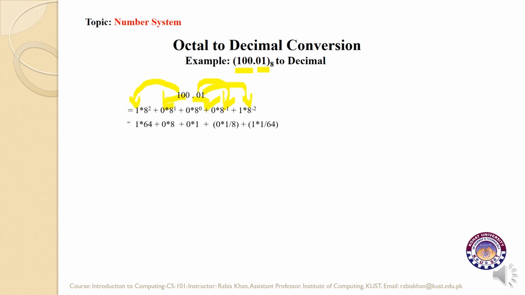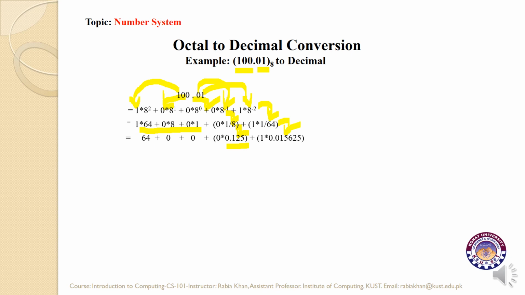As you can see, simple positive powers are in front of you in this form, while the negative powers, 8 raised to power -1 becomes 1 by 8 and 8 raised to power -2 becomes 1 by 64. So we multiply the right hand side and the result is this, while we divide these fractions and the answer is in front of you in shape of this. 1 by 8 is 0.125 here, and 1 by 64 becomes 0.015625.